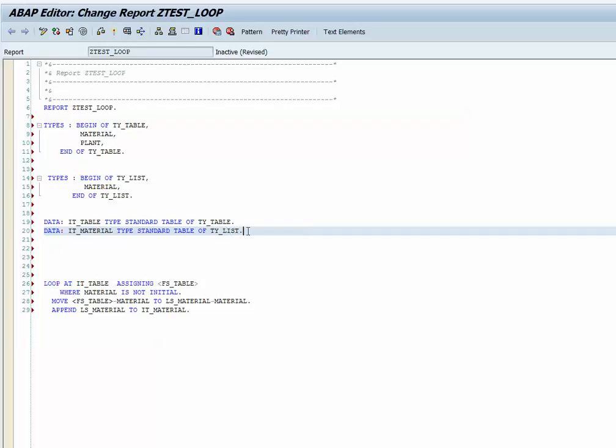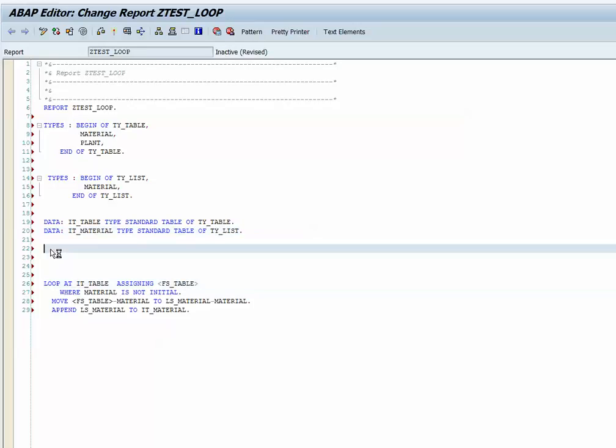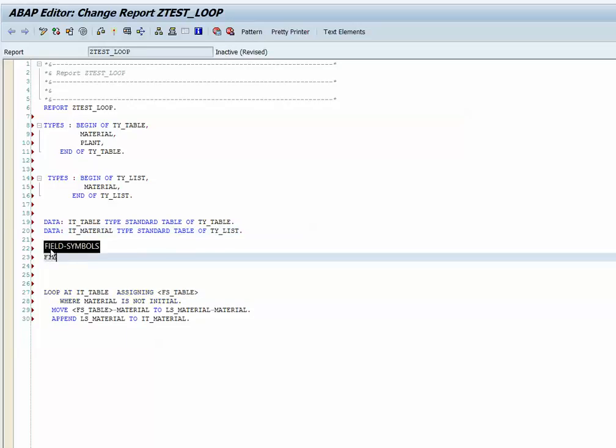One more thing, we have not defined the field symbol up here, so we can define the field symbol like this, fs table